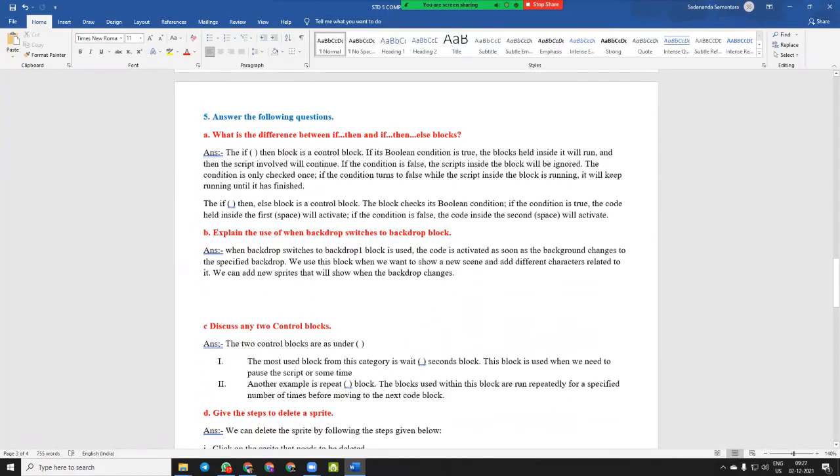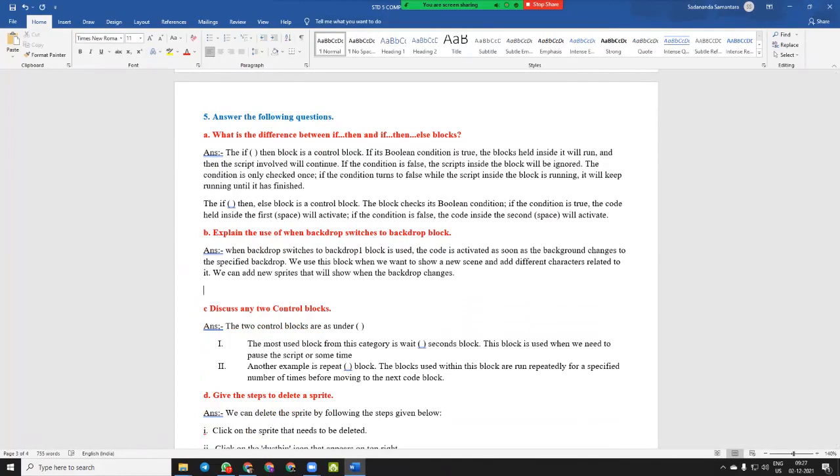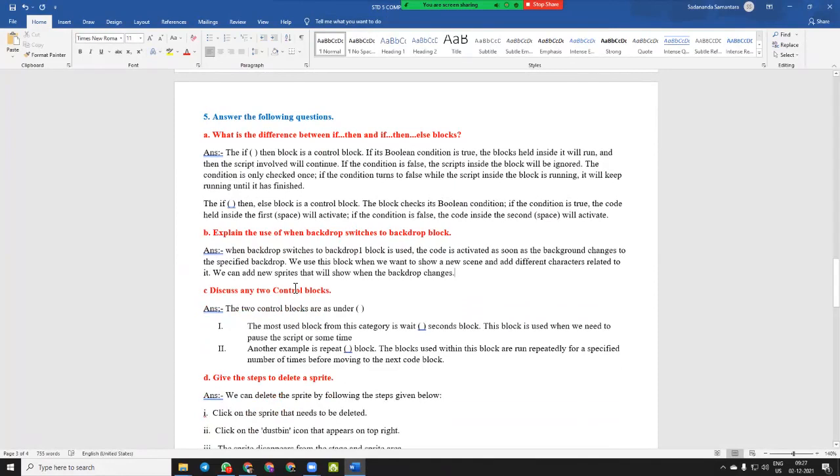Question number B. Explain the uses of the when backdrop switches to backdrop block.